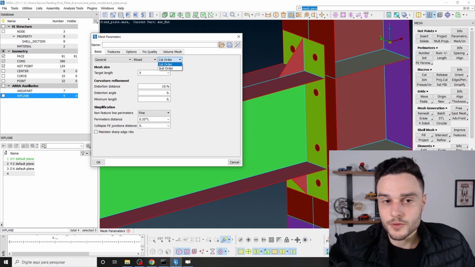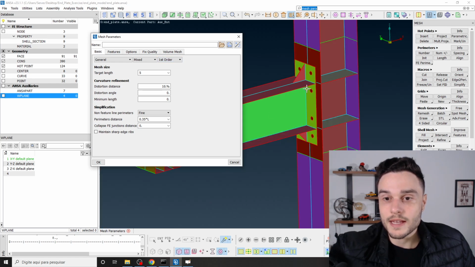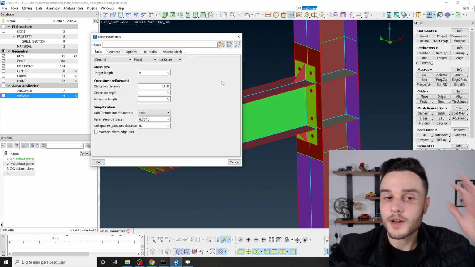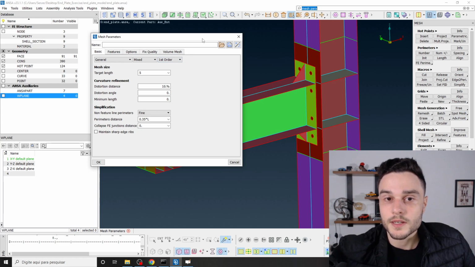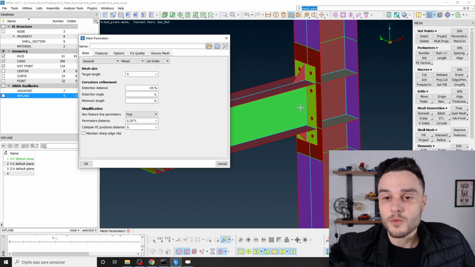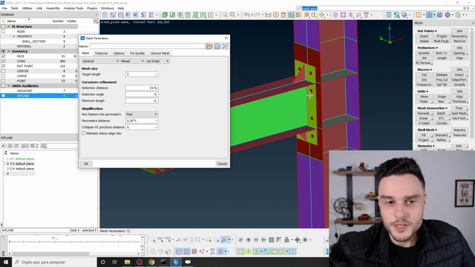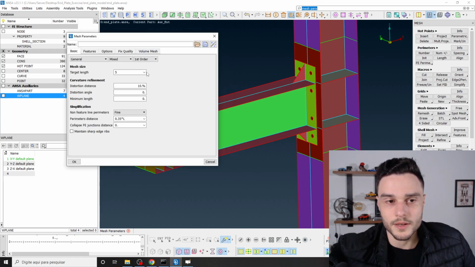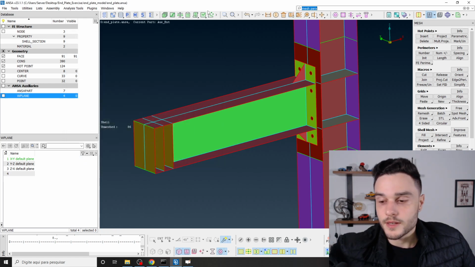For shell elements, we should choose first order, so that we are going to have the S4 elements. We also have second order shell elements. It's used in some specific situations, but we know that the S4 element, which is a first order fully integrated shell element, is a good one because it can be used for thick shells, thin shells, and anyways, it's a very good kind of element. Okay, so first order, mixed, 5mm, and that's all we need to define here. Okay, click on OK, and let's